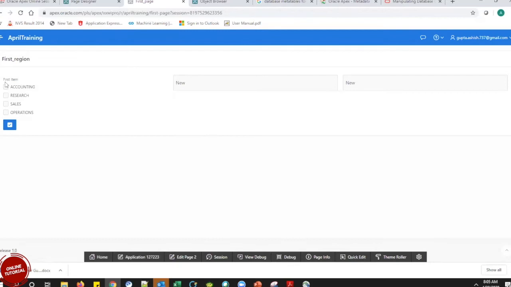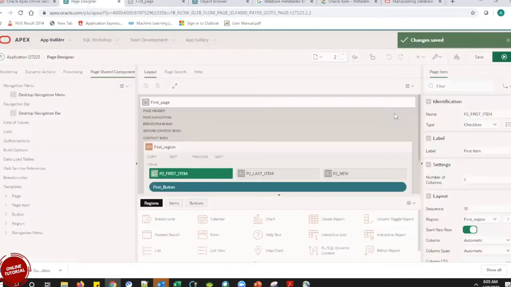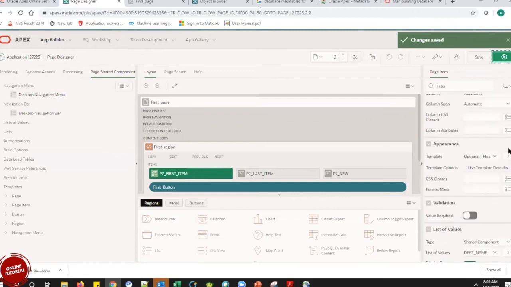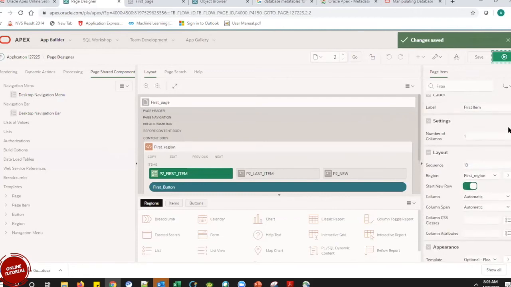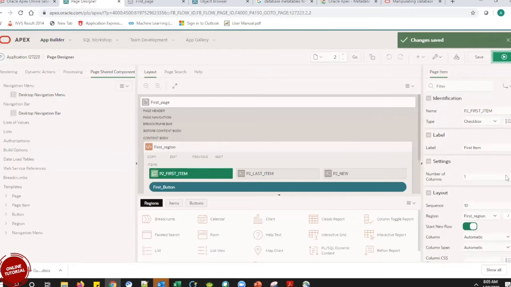Okay, so you can see my item is now a checkbox and I can select a number of values over here. Suppose I want to enable it so the user can select only one, not all of them. Yeah, right. We do have an option over here where we will restrict the item to one.